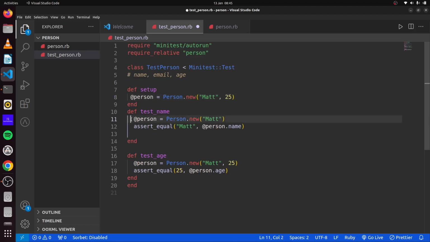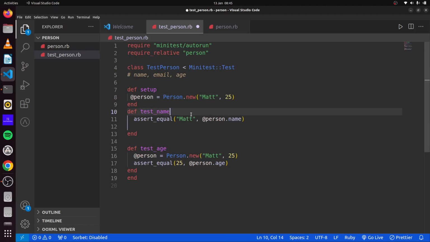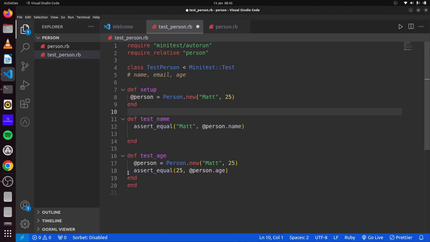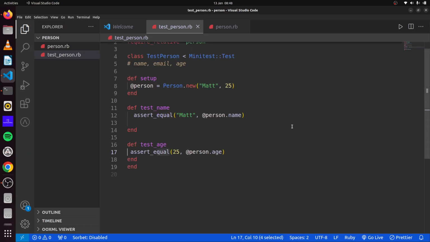So we can go ahead and delete this here because we already have person defined in our setup here. And then we also have person defined here again, so we can delete this here. If we go ahead and save it now, and run this now,